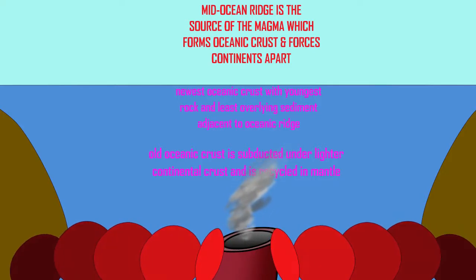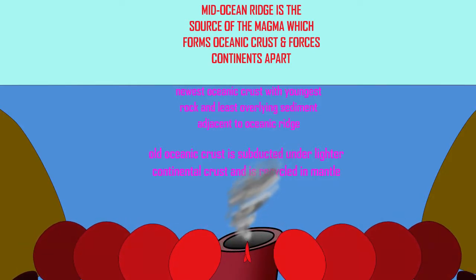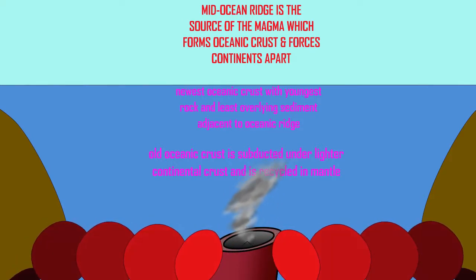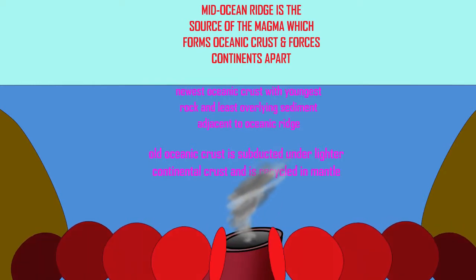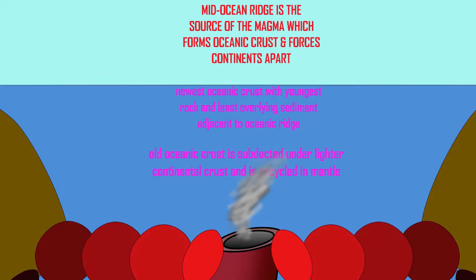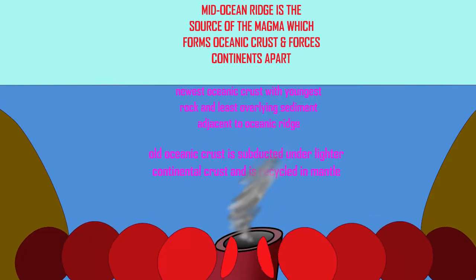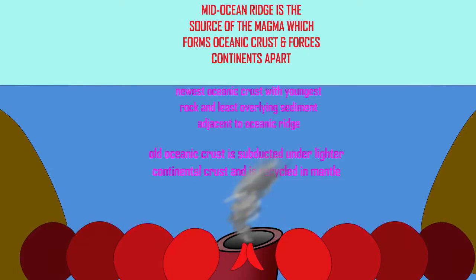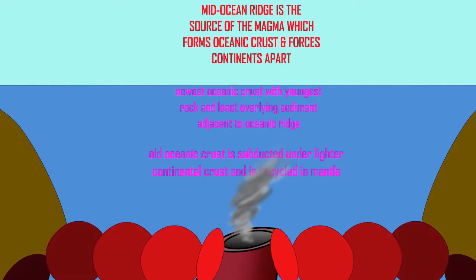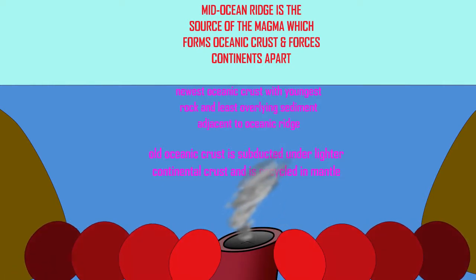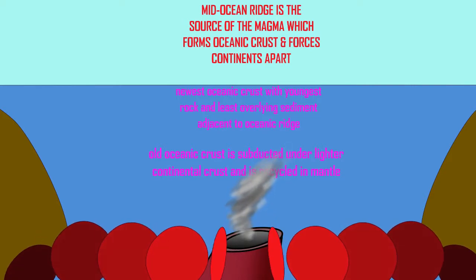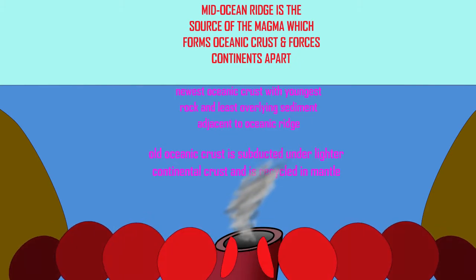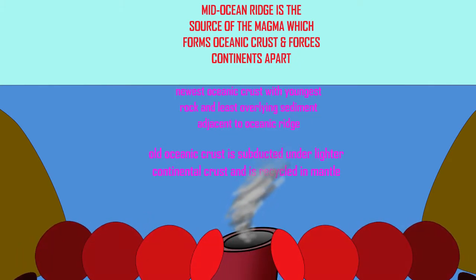Over time, and in this animation, the older crust is depicted by the darker shade of red. The addition of new ocean crust forces the continents farther apart and the ocean grows. Ocean crust is not permanent, and at some point this denser crust is subducted under the lighter continental crust. Once this is directed towards the mantle, it will become magma once again and can be recycled, eventually forming